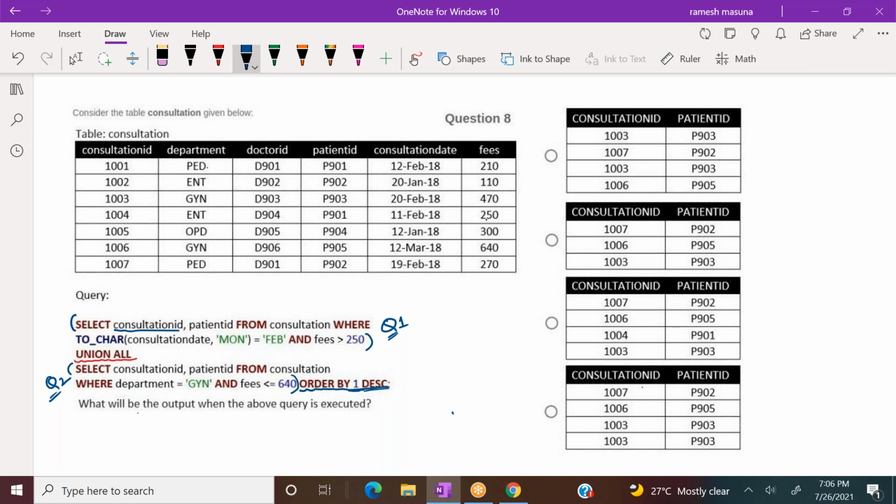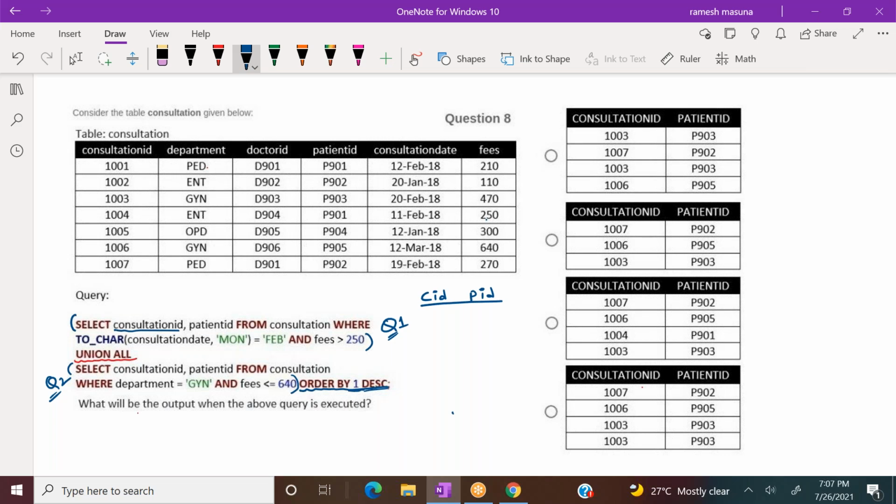Okay. Now first we'll see the output of Q1. Consultation ID and patient ID are the two attributes in the result of Q1. Now how do you evaluate the query? Evaluation should be done based on the conditions. The first condition uses TO_CHAR, which, as I explained in the last class, converts a date format into the required string format.